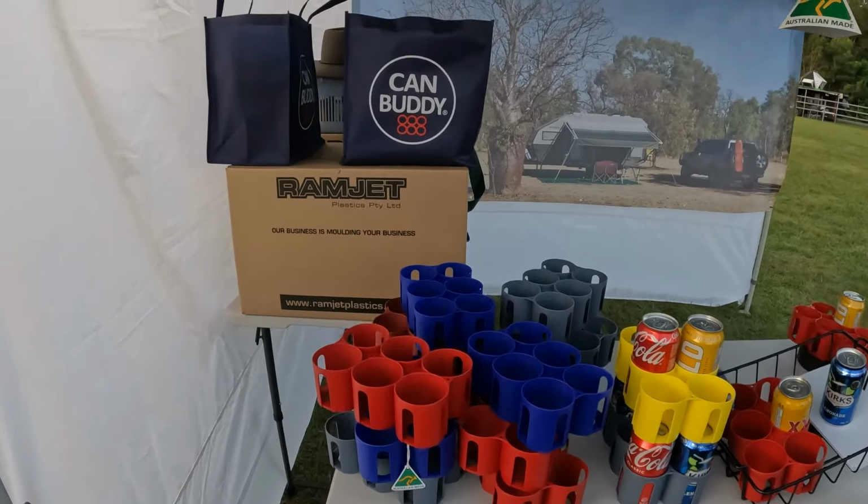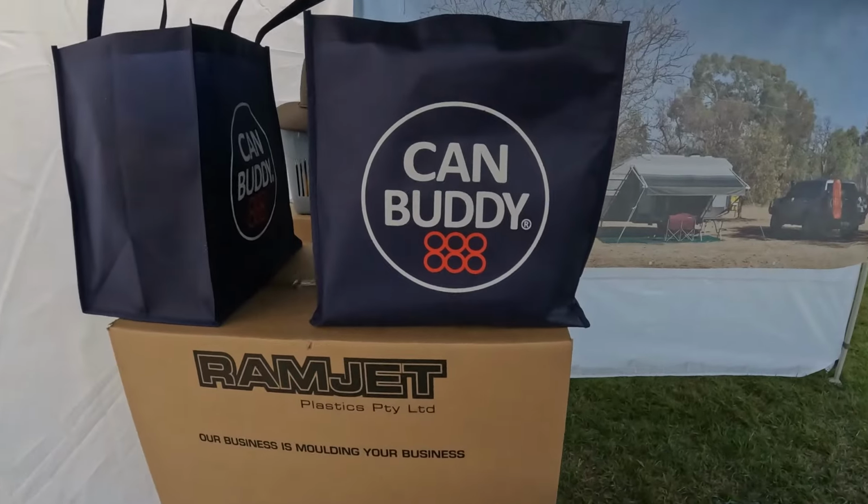So a lot of thoughts gone into that, and a lot of recommendation from the injection moulding place. There's a few different colours as well, so you can mix and match your truck. We started with just the red and the grey, just to see what had happened, and it all went well. So then we